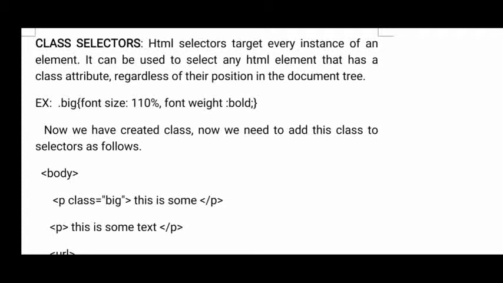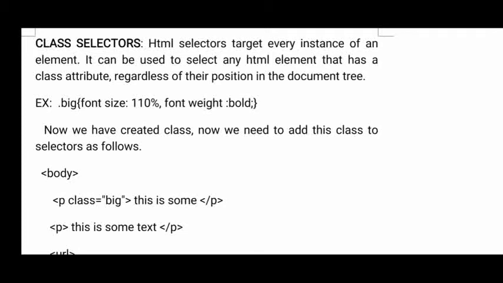Why is it not possible? Because when you give the selector in CSS code, if it is an HTML selector, it will just match the tags wherever the selector is matching. If it is matching, it will automatically change the property. But it won't apply one property to the first few tags and another property to the next few tags. So that is the disadvantage of the HTML selector.